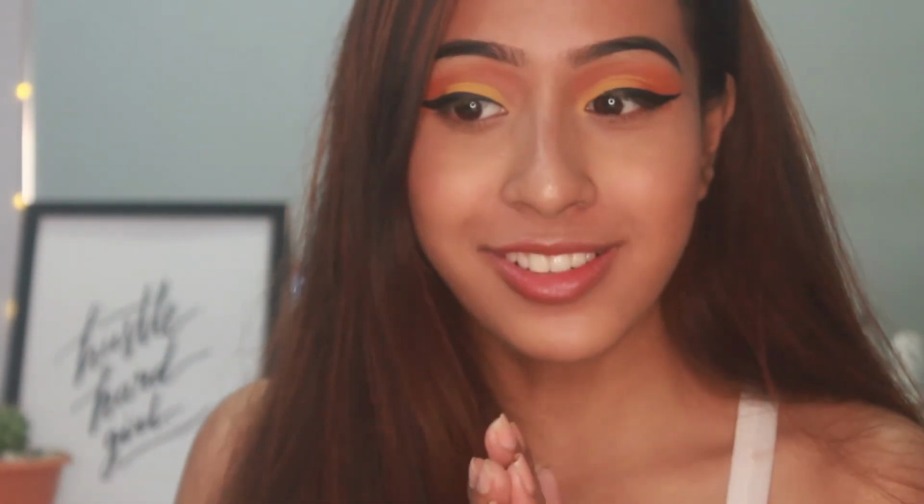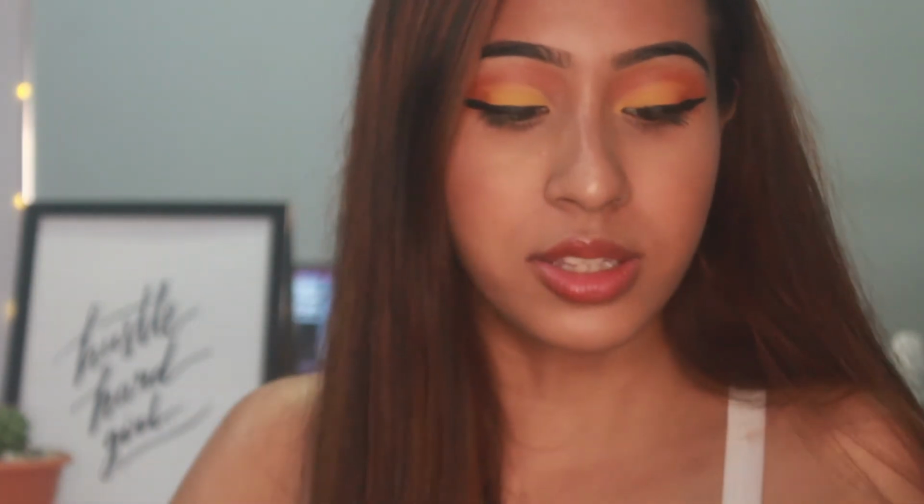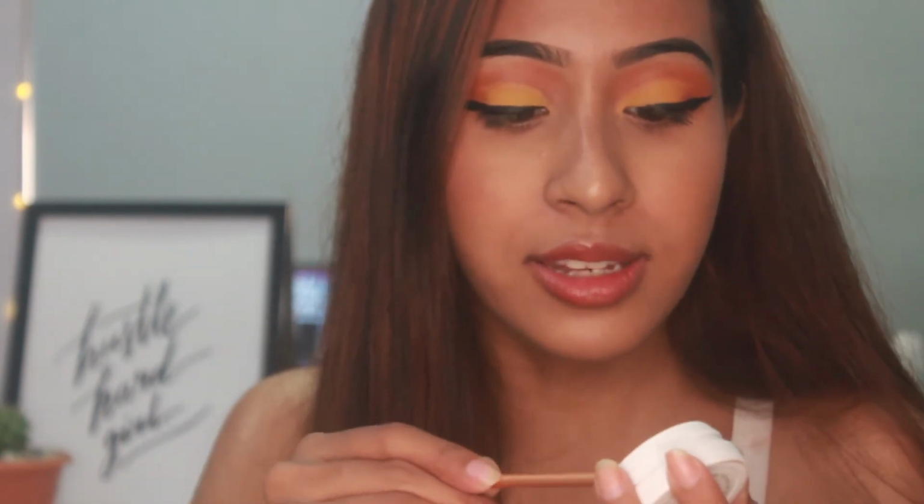I'm trying to get better at applying falsies, so for highlighting my inner corners, I'm going to take this highlighter again and just